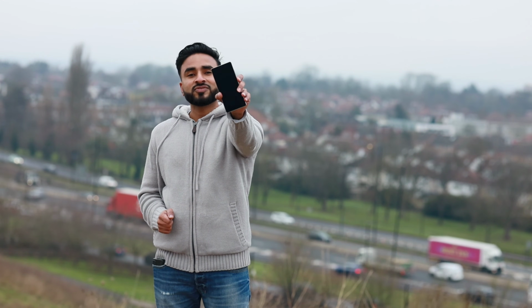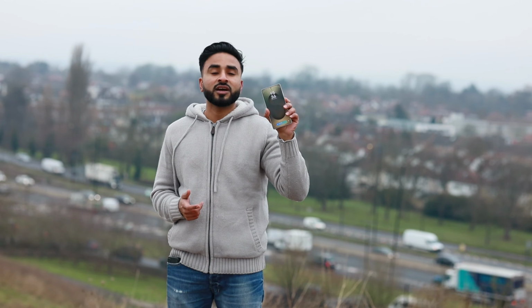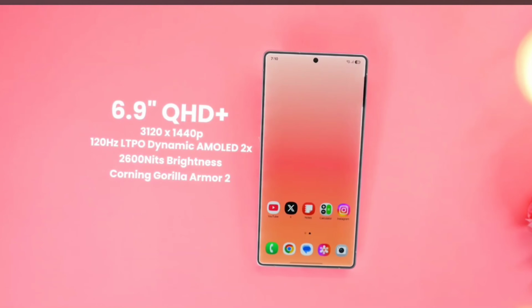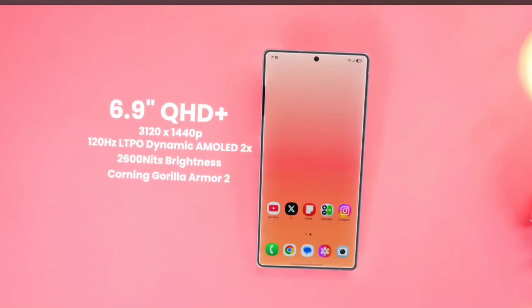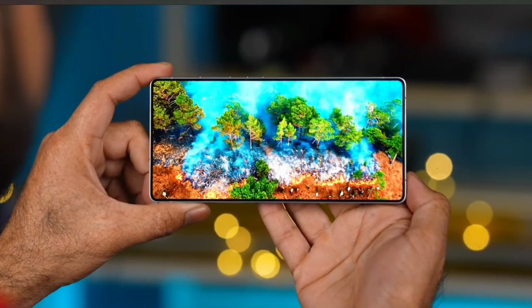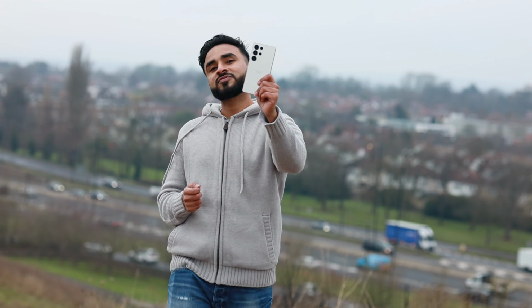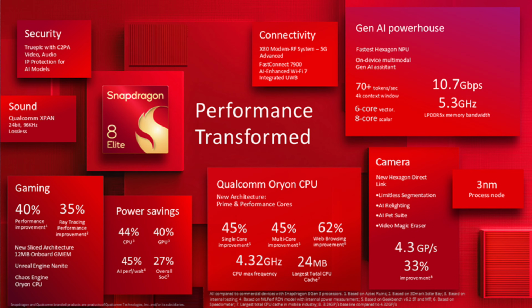Thank you, Janak. So the Samsung Galaxy S25 Ultra is coming with a 6.9-inch Dynamic AMOLED 2X display. It's a Super AMOLED display with 2600 nits of brightness, and it also gives you up to 120 Hz refresh rate. So the performance for the Samsung Galaxy S25 is a Qualcomm Snapdragon 8 Elite for Galaxy, specially customized for